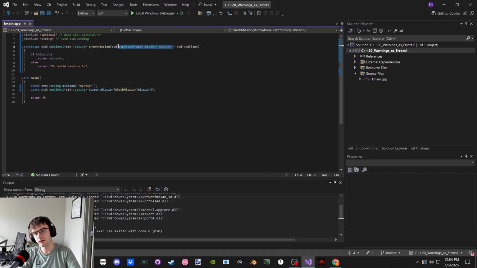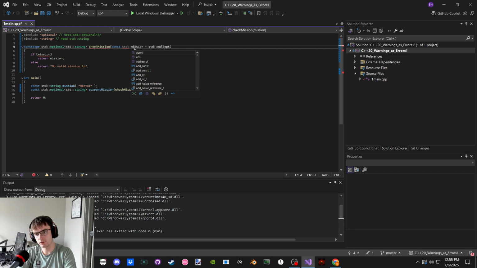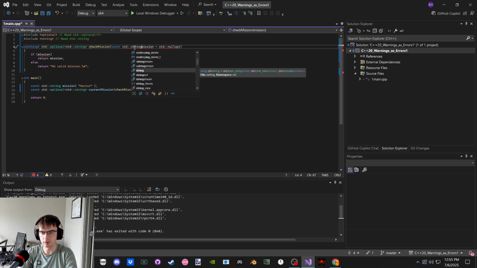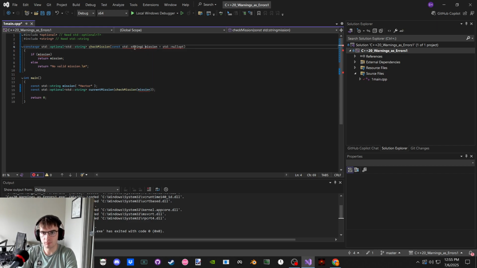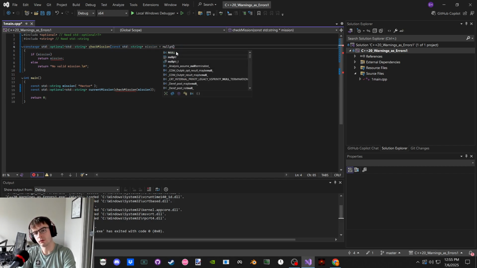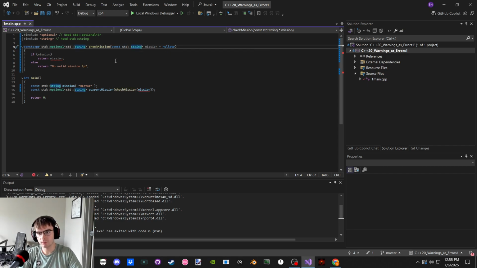So instead, it's probably better to just do, oops, well, I was trying to select it and replace it with a parenthesis, but I can't. In this case, we're just going to do a const standard, so we can't mess with it. And I could have done a const standard optional too, but a const standard string pointer to a const standard string, and is initialized with null pointer by default.